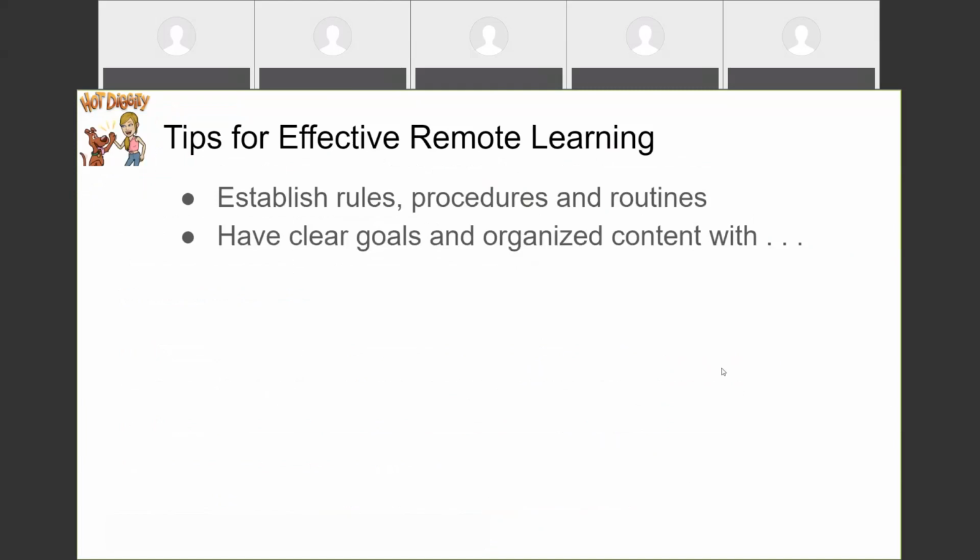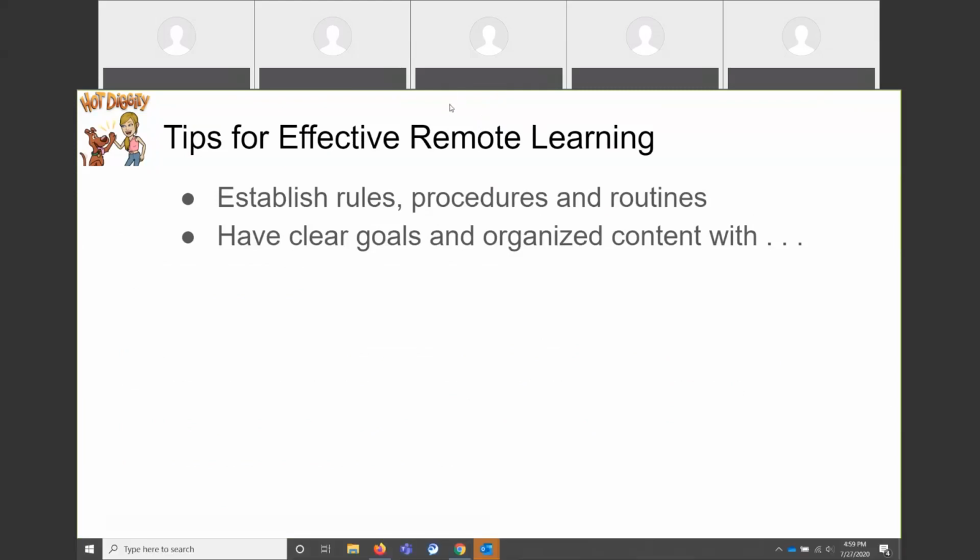But keep in mind that this section we're about to talk about was something that was added very recently. Based on the feedback we were getting from the field, people said they wanted some tips for effective remote learning and how that works, just some overall ideas. And so we have something for you that we didn't actually have in the first broadcast that we did with this information, but we hope you'll enjoy it.